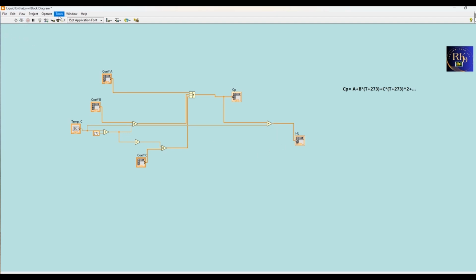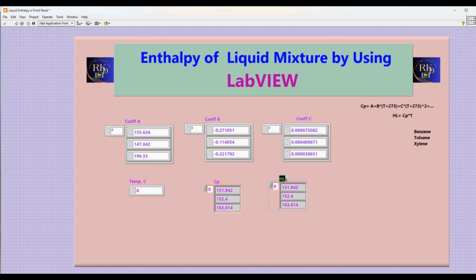So this will give you HL, or we can say liquid enthalpy. Here it is coming 0 because we are taking the temperature as 0, but if I take, suppose, 273, then you can get the liquid enthalpy here.